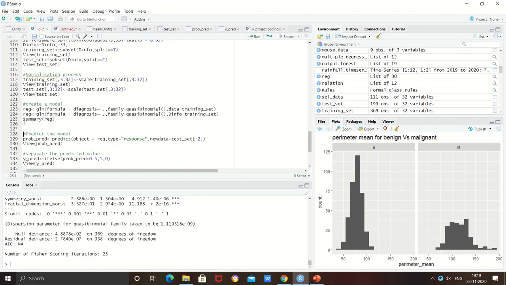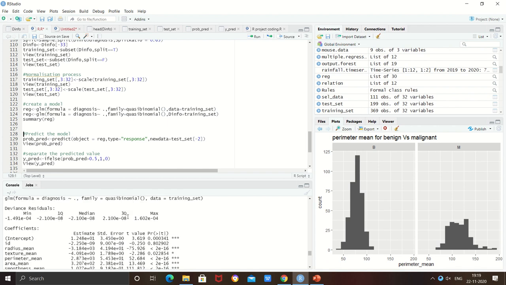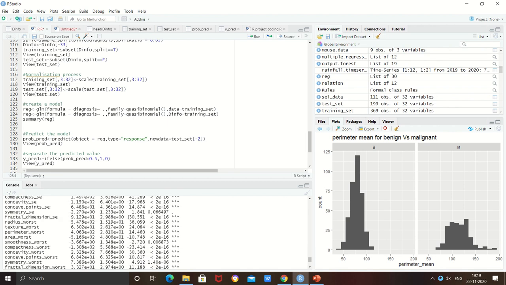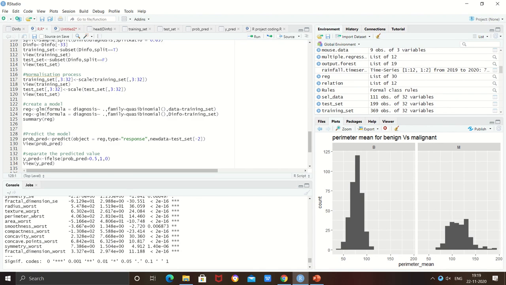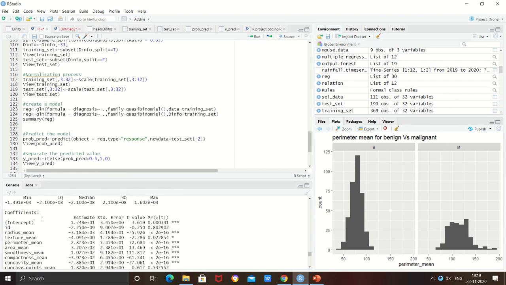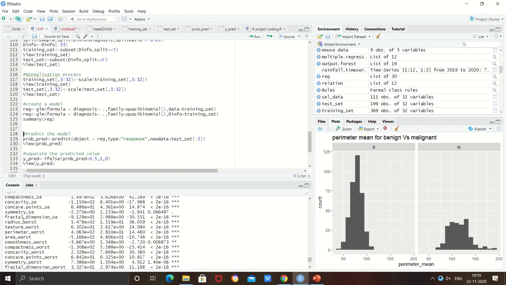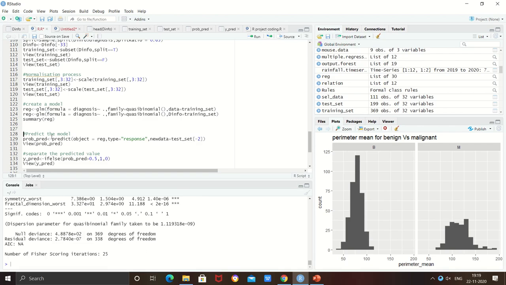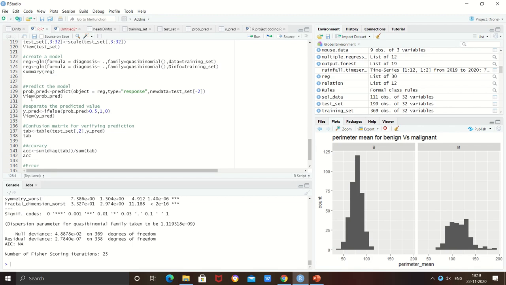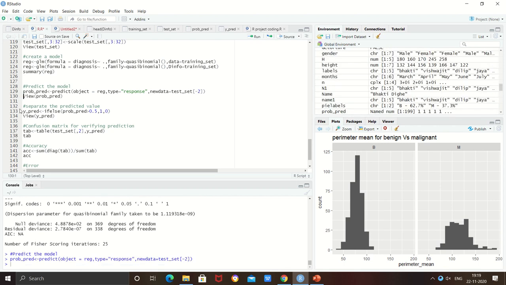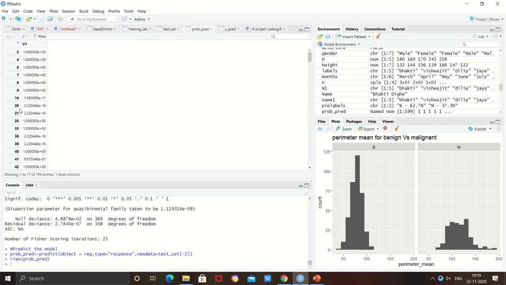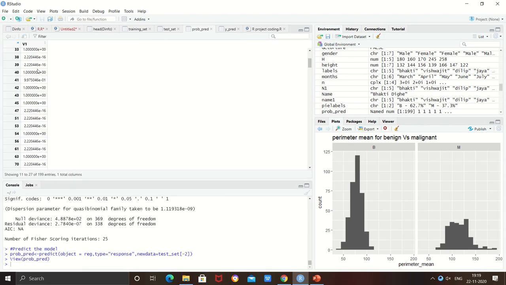So the summary we have got here, you can see we have got the summary of each part, like for mean, median and max we have got the value. Okay, now we will predict the model using the predict function. So we will view the predicted model.